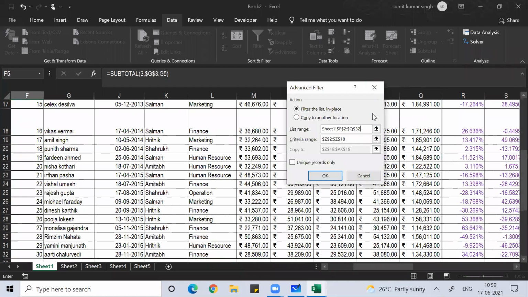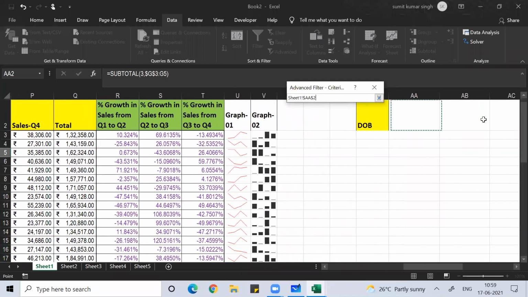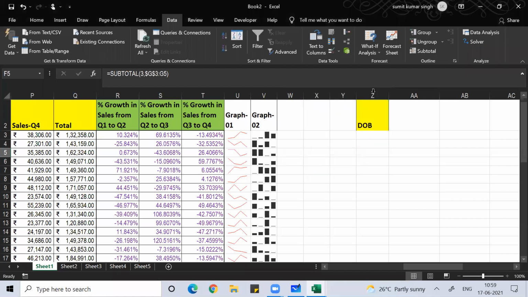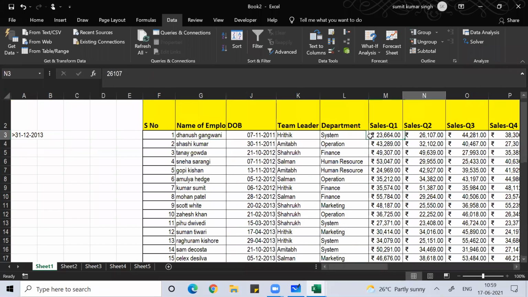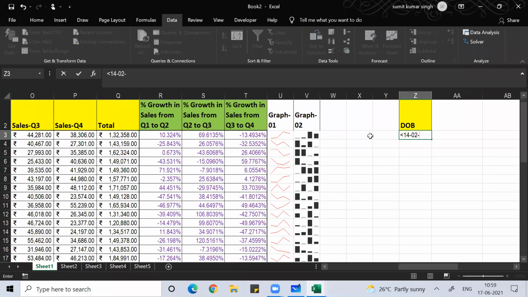Then criteria range, you can put a criteria. One minute. Less than 14 February 2013.